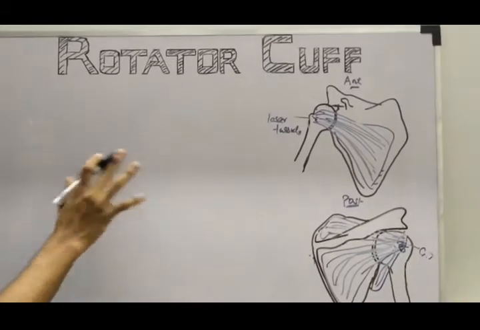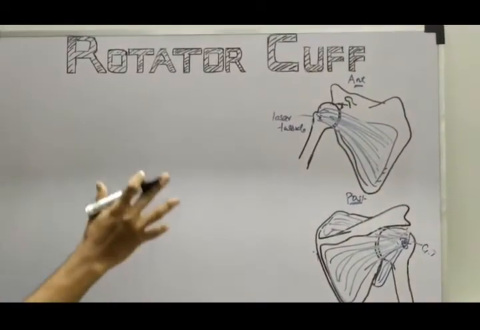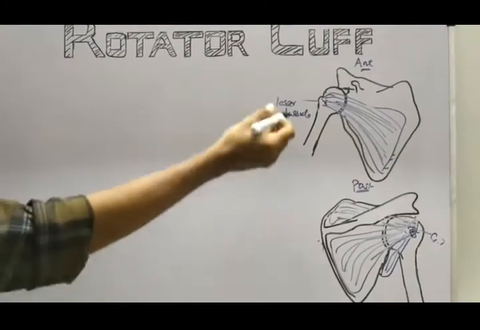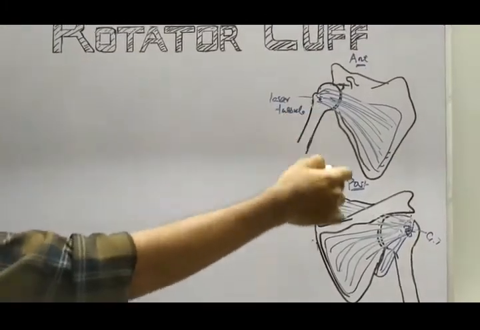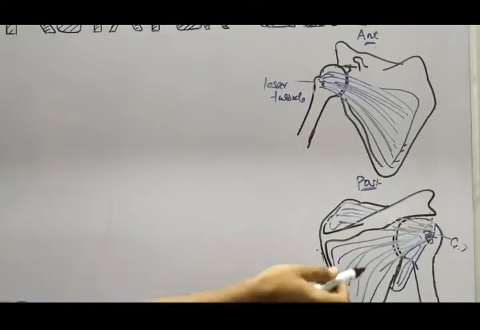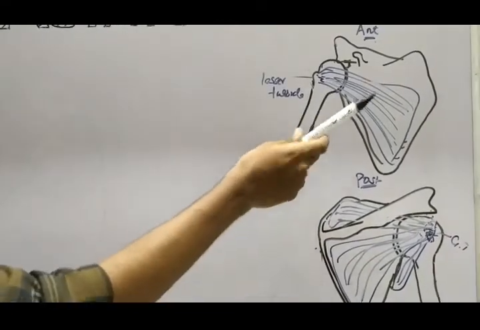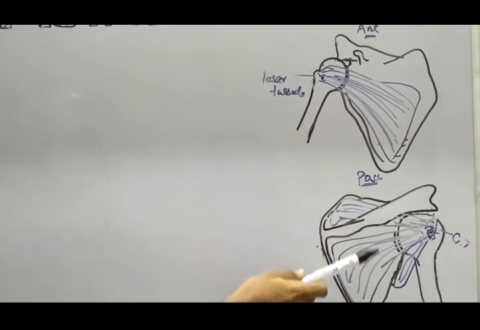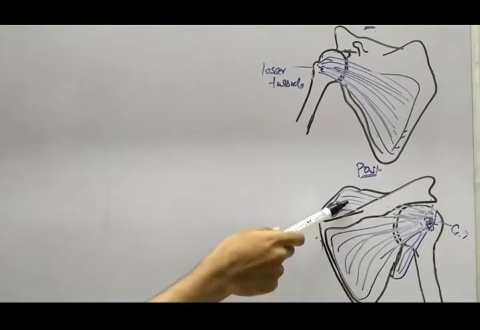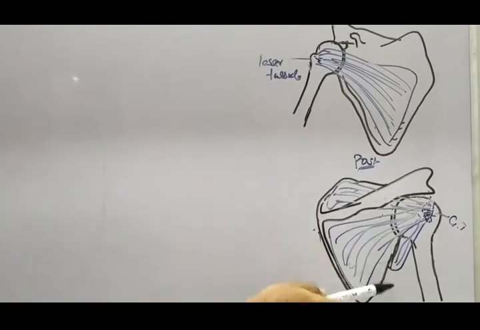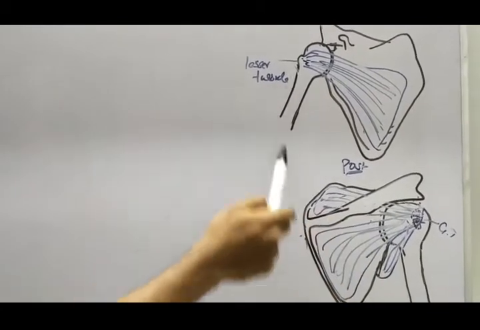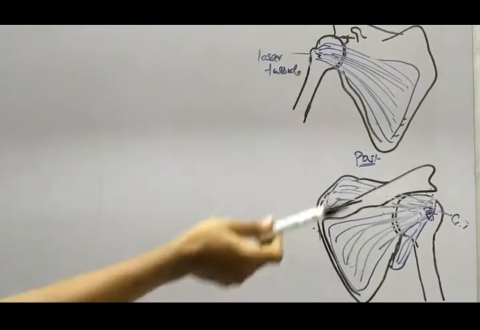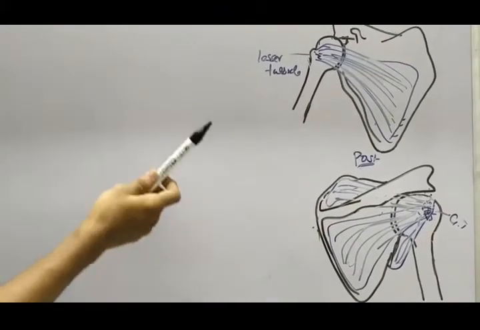So let me give you a quick recap of what we have seen today. Rotator cuff is the musculotendinous structure which is present in our shoulder joint, and these four muscles form the rotator cuff, that is the subscapularis from the anterior perspective, and from the posterior side of the scapula comes the three muscles, supraspinatus, infraspinatus and the teres minor. These four muscles form the rotator cuff which stabilizes our shoulder joint, and it has its clinical significance too.